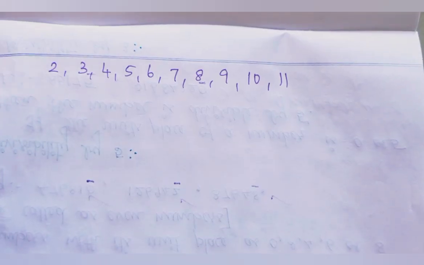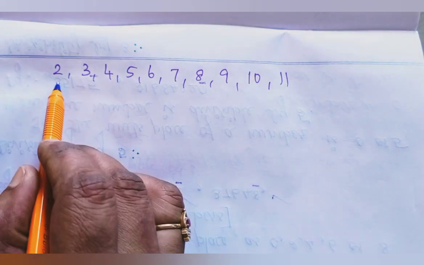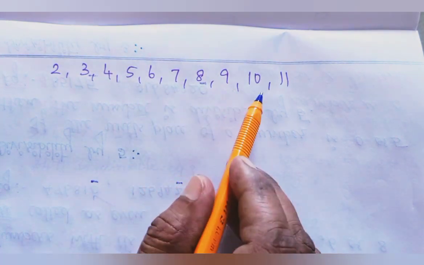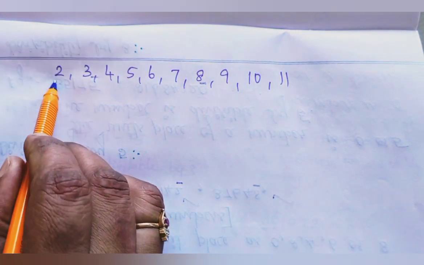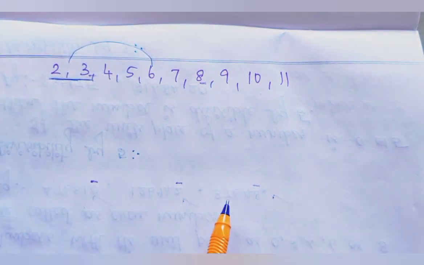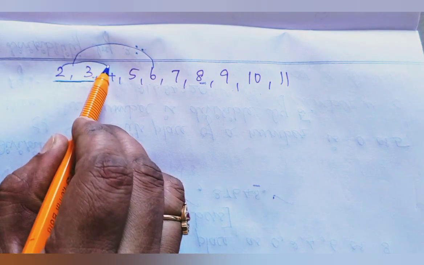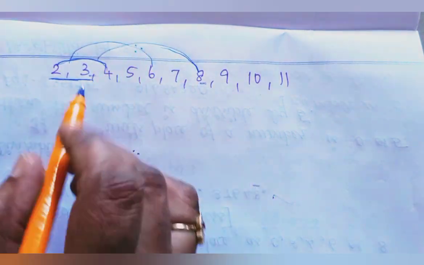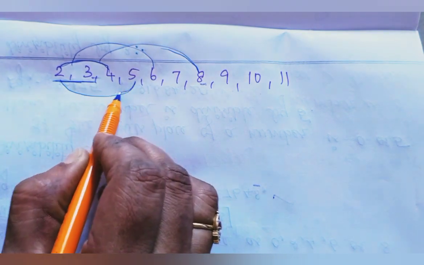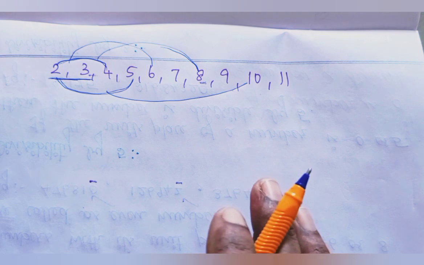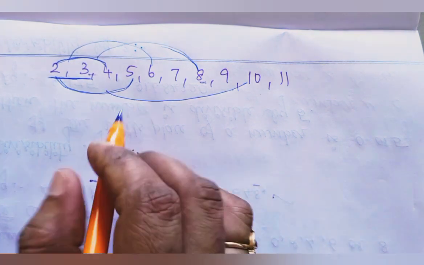So, in this video, we learnt about the divisibility rule of 2, 3, 4, 5, 6, 7, 8, 9, 10 and 11. If a number is divisible by both 2 and 3, then definitely that number is divisible by 6. If a number is divisible by 2 and 4, then definitely that number is divisible by 8. Similarly, if it is divisible by 2 and 5, then that number is divisible by 10. The same rule can be followed for some other numbers also.